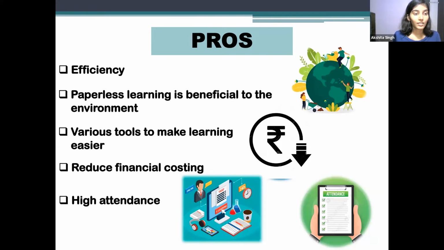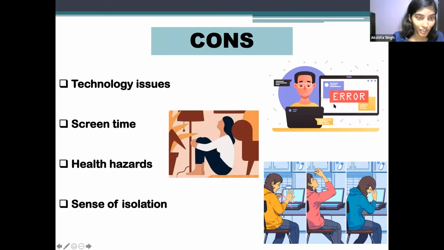So to begin with, the major disadvantage, according to me, is technology issues. We know that internet penetration has grown rapidly over the past years, but still a consistent connection with decent speed is a problem. It can be a reason for the lack of continuity in learning and is detrimental to the education process of a child. And I guess technology issues are something every one of us has faced during this time, when we are attending a lot of meetings for school or other than school, and everything is going online.